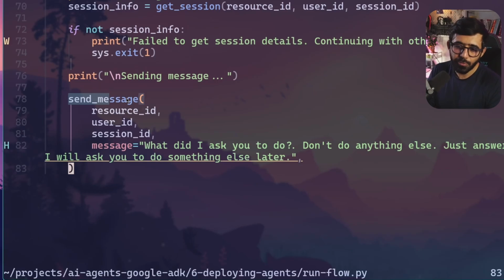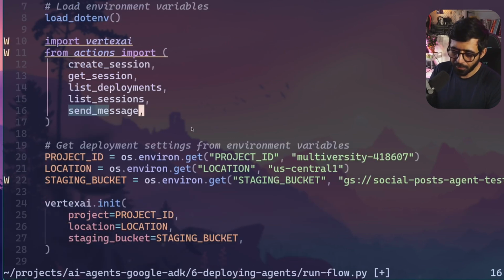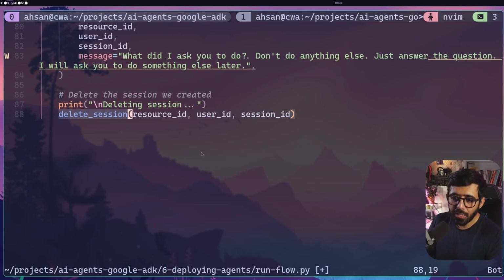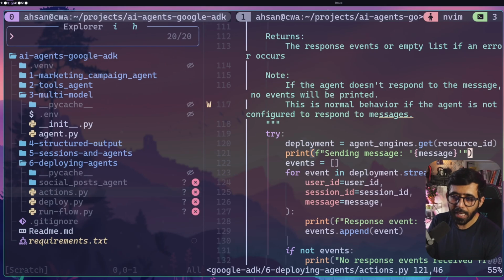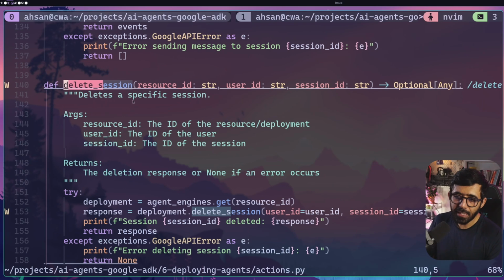For example, if I try to go here and put this code here, which should delete a session, let's quickly go at the top and also include this delete session as well. Now in here, we are using the resource ID, user ID, and session ID. If we go to the actions.py file and go to delete_session, you can see that it requires the resource ID,